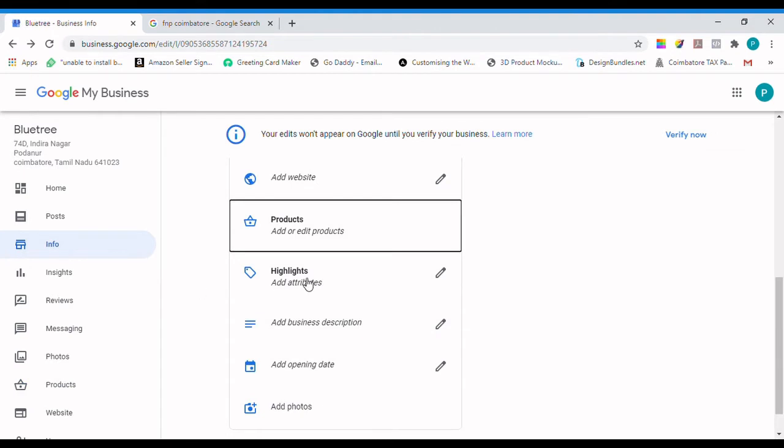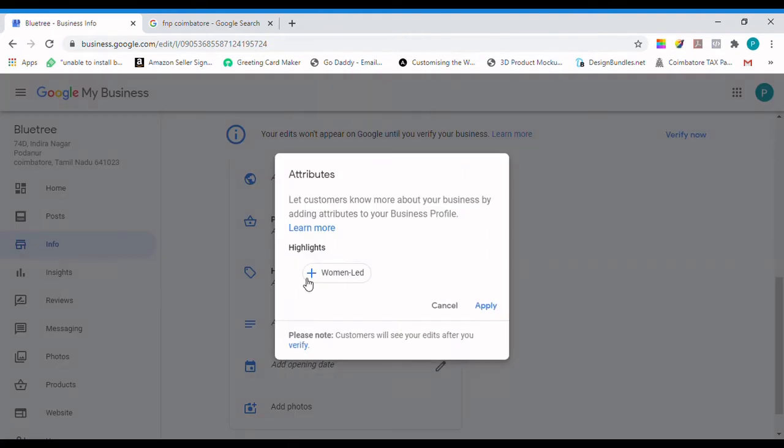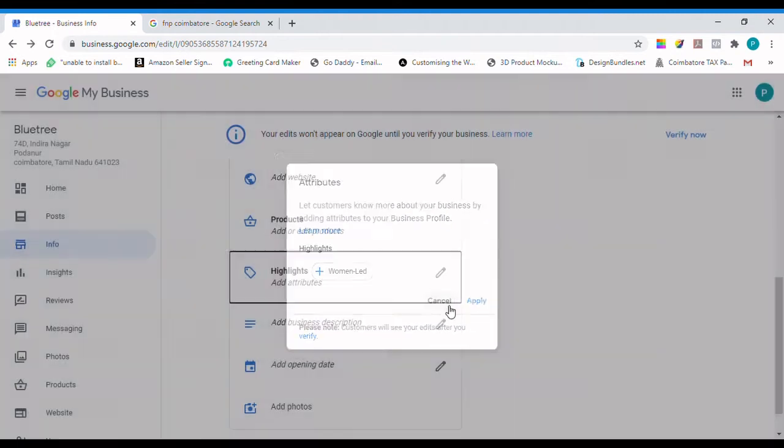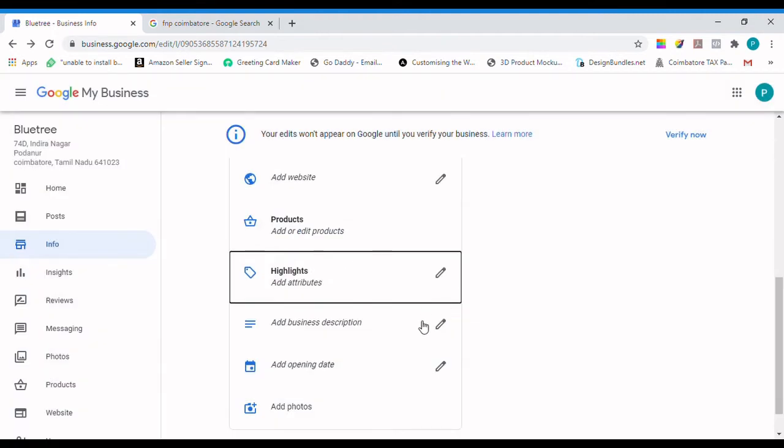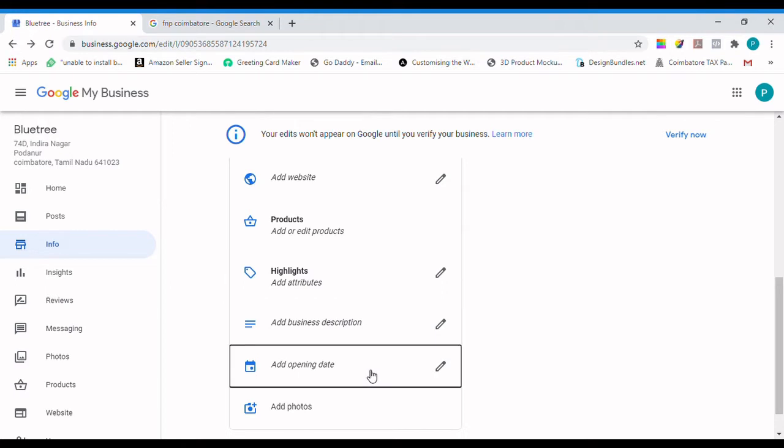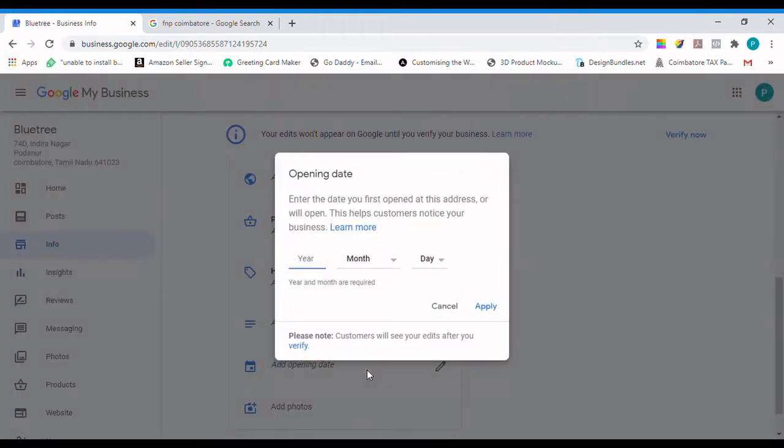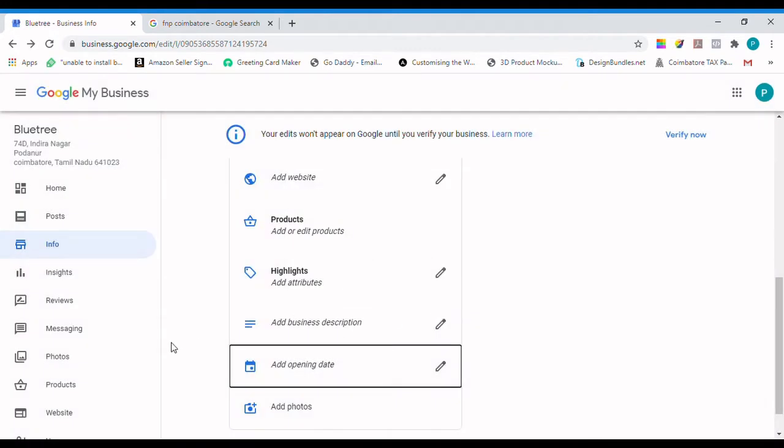Next are the additional attributes you can add. This is adding an additional attribute for your business profile. And this is the description of your business, and this is the launch date, where for example if you launched a new store, you enter the date you launched the store.